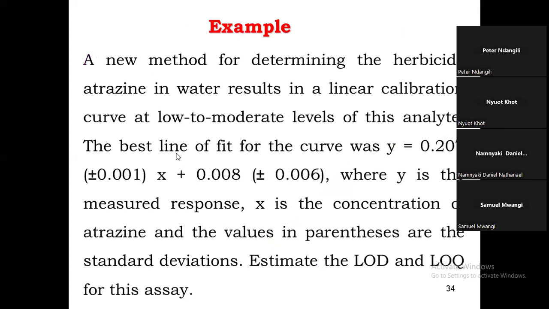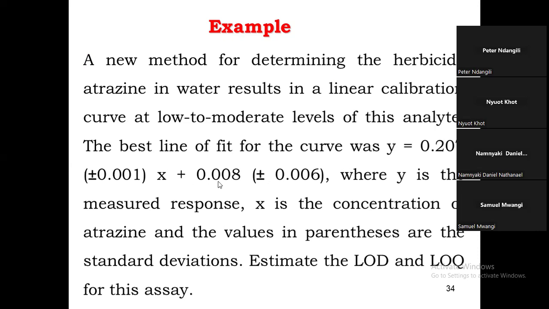Now, we have a question here. A new method for detecting the herbicide atrazine in water results in a linear calibration curve at low to moderate levels of this particular analyte. The baseline fit for the curve was y is equal to 0.207 plus or minus 0.001 x